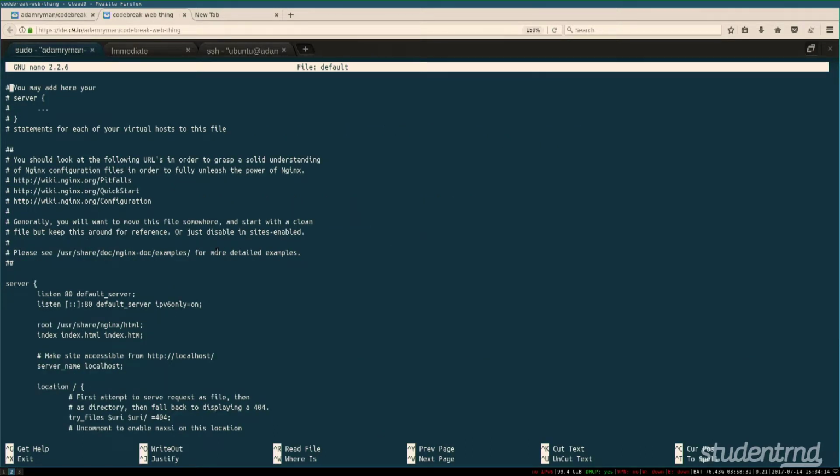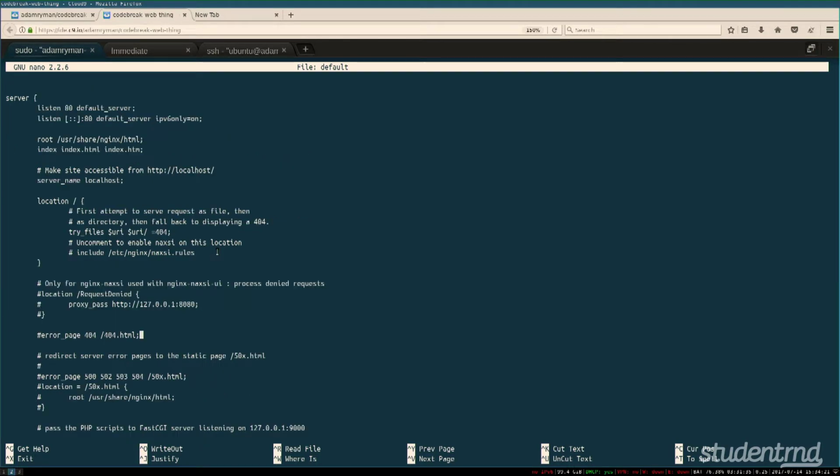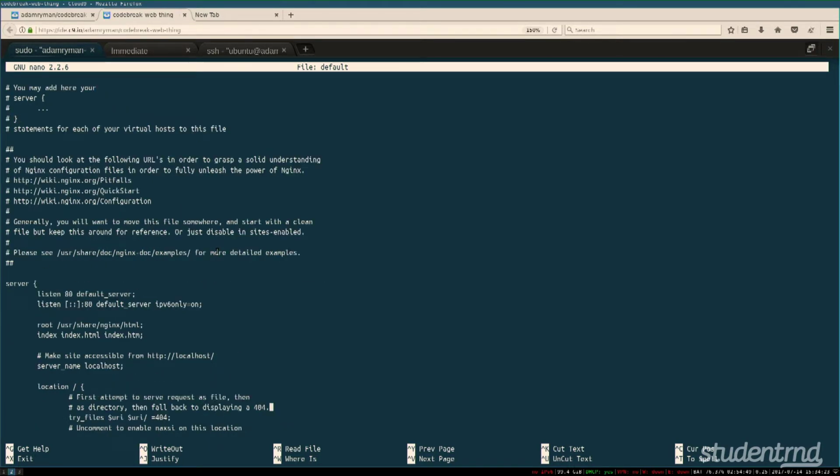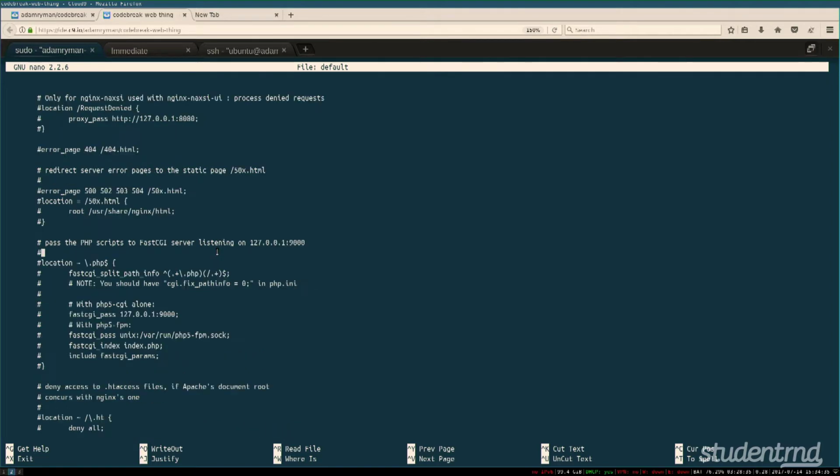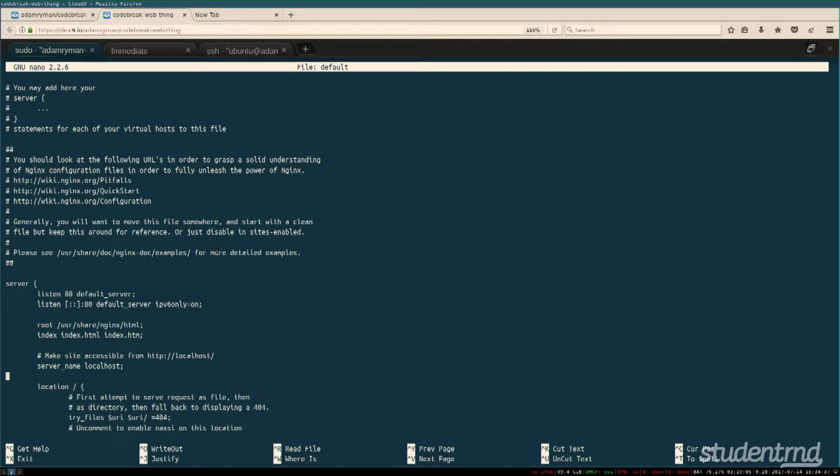You may add your server statements for your virtual host to this file. You should look at the URLs. Okay. So default server. Process denied. Location. First attempt to serve a file. This looks more like what we want. So index. Root to user share nginx HTML. So if we go back to R1,